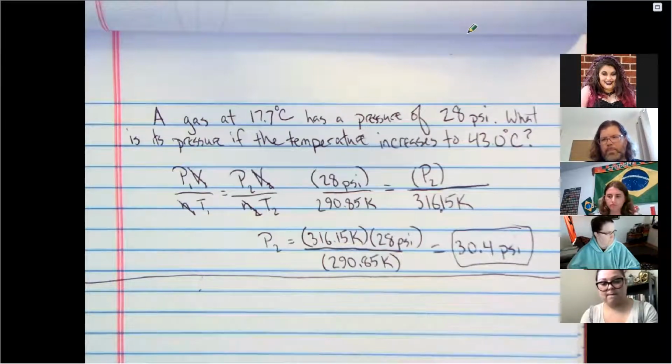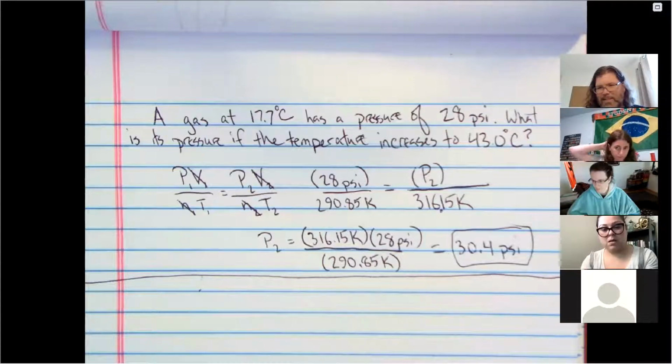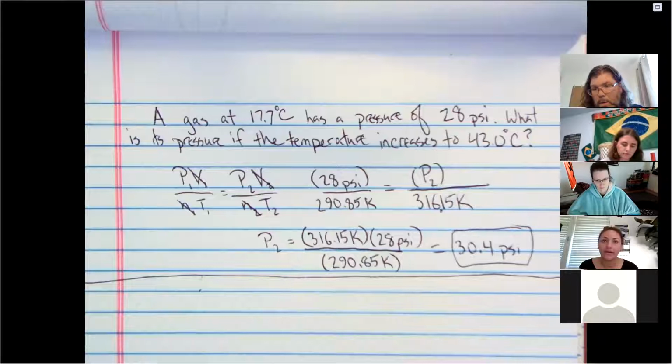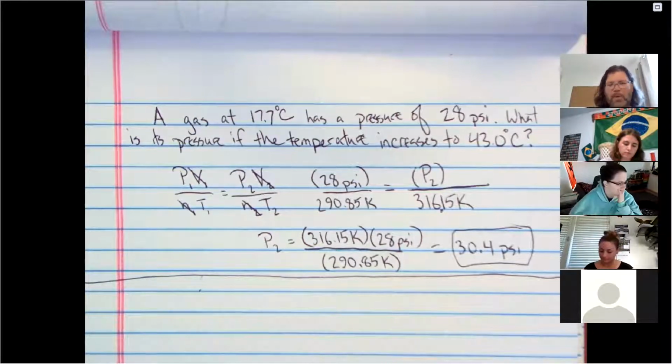Jules, question. Catalina was raising her hand. Yes, could you please do one more problem with equilibrium? Equilibrium, sure. Do you mean using equilibrium constants or Le Chatelier's principle? We can do either or both. Writing the equation and knowing where things shift. Okay, so let's do one of each of them.